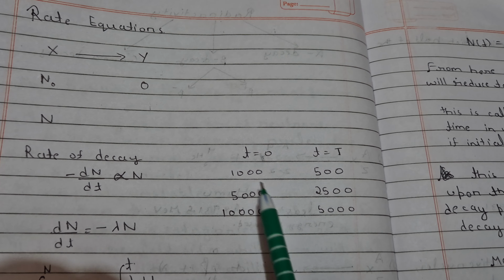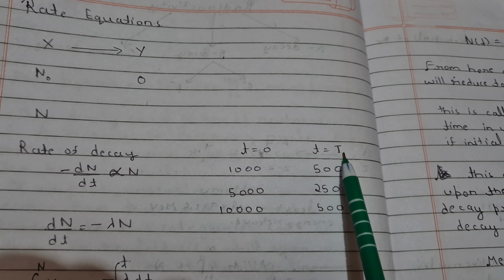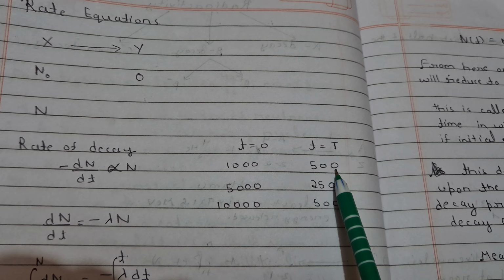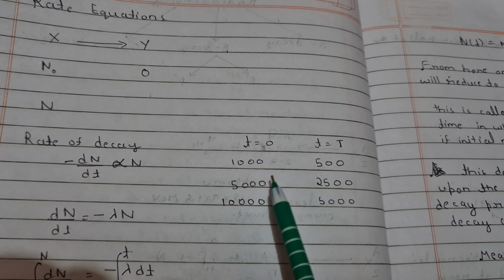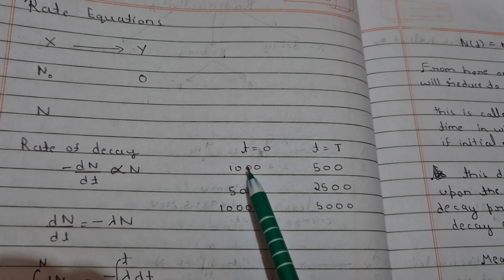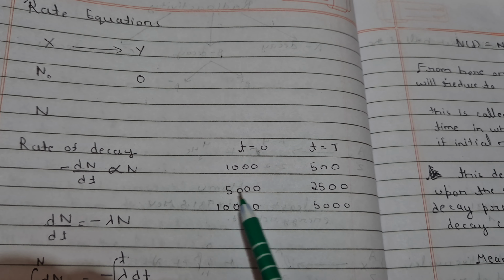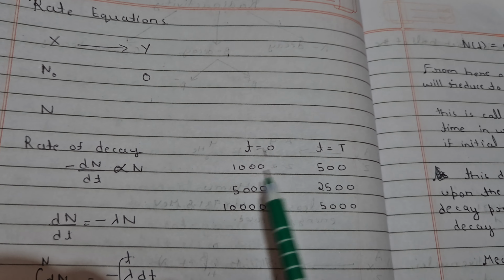If you observe that there are 1000 nuclei of a particular material, and at a particular time t it reduces to half, 500. Then if some other sample has 5000 particles, that again becomes half, that is 2500, in that time. But see, here half is 500 and here half is 2500. So more nuclei will have decayed in this time interval as compared to this.